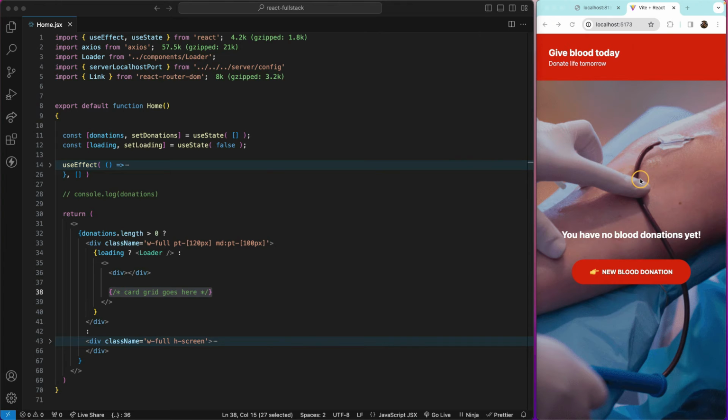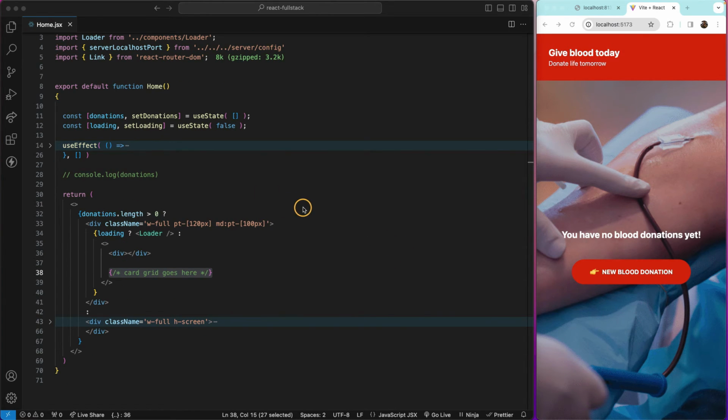So in case we have documents inside the database, we will not see this UI as explained. Okay, so when we have documents in the database, the UI will change and we'll have two main parts. The first one will go inside this div, and inside this div we'll have two bits of information. Actually, we'll have a call to action button, and we'll be able to see how many blood donations we have